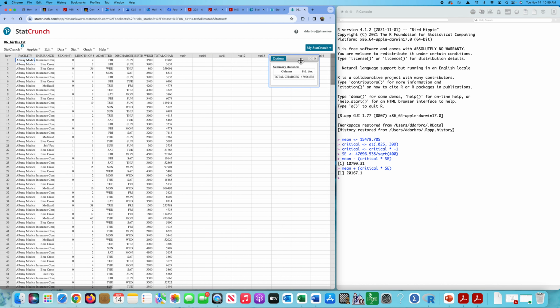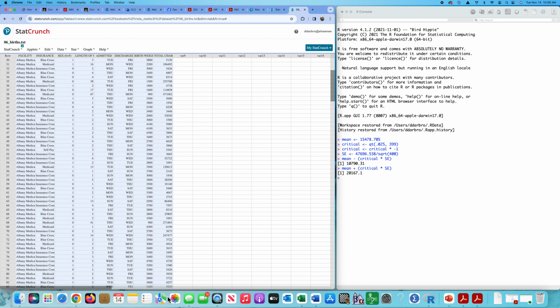Now, some of you may not like that. You might say, well, I'm going to have my data set. How do I actually get this value in R? So it's kind of weird the way we have to do this, but if I copy and paste the entire data set,